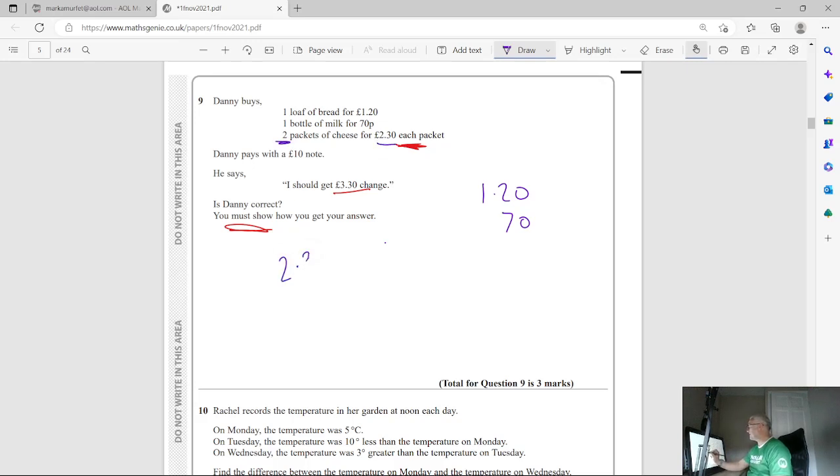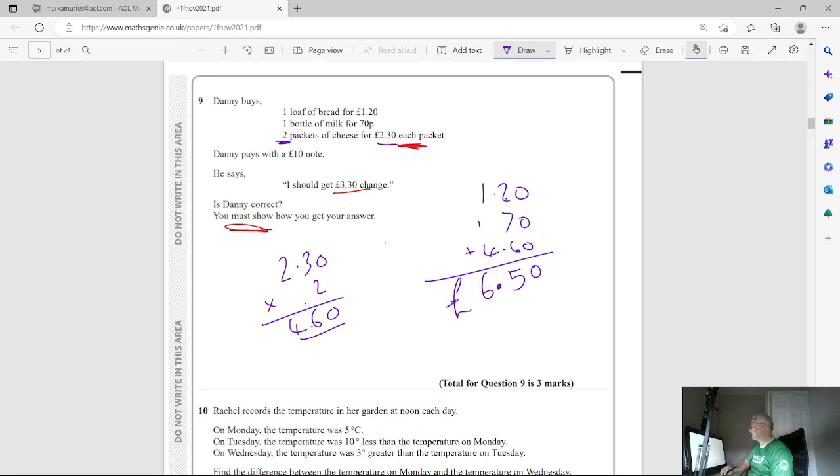Now I could just times that by 2, so I'm not adding 2 lots of it. So 2 times 0 is 0, 2 times 3 is 6, 2 times 2 is 4. Okay, so £4.60 is what I'm going to add on my column here. And I'm just going to add those up. Okay, so we should have 0, 6 and 7 is 13, 14, 15, 4, 5, 6, £6.50 is what it's